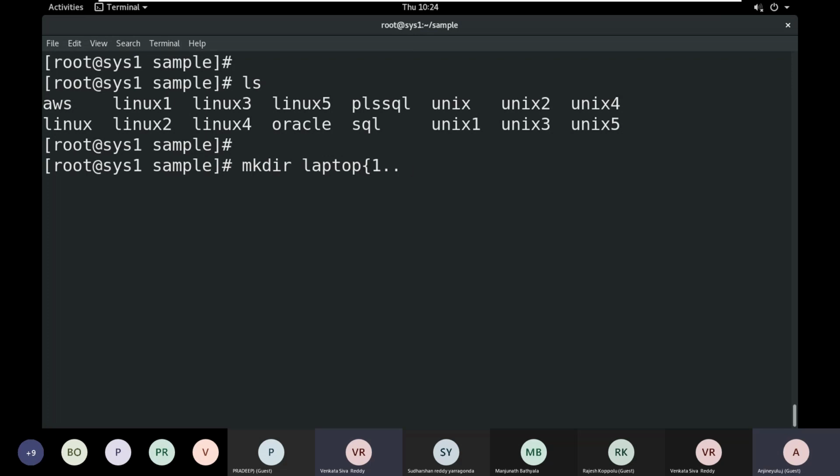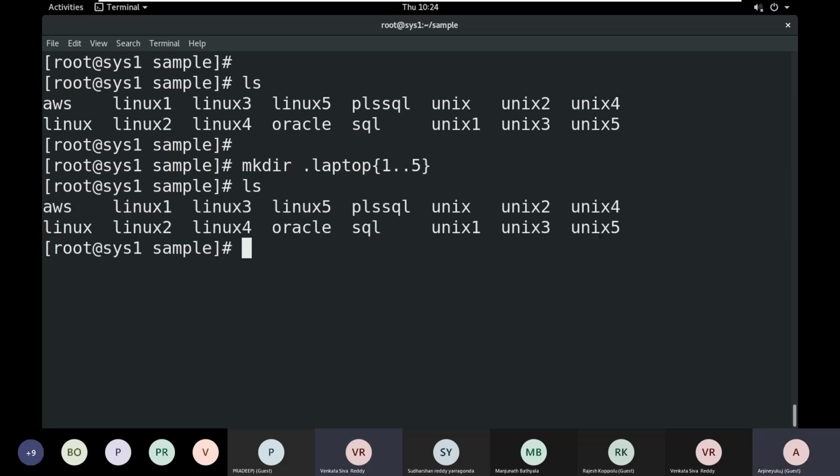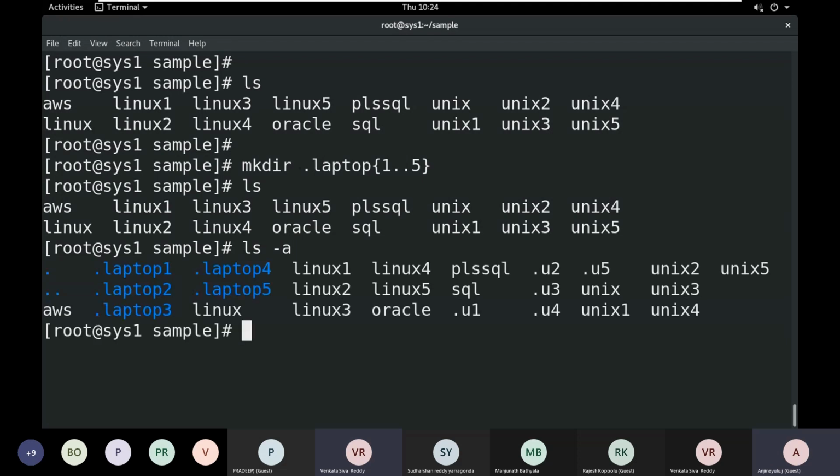This laptop is a hidden directory. In this location, if we give ls -a, we can see this is the hidden file, but this is the hidden directory.